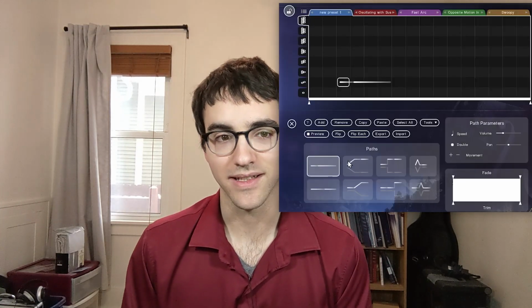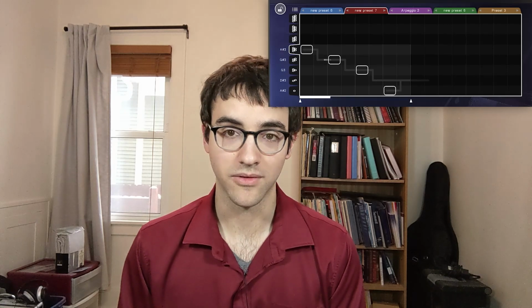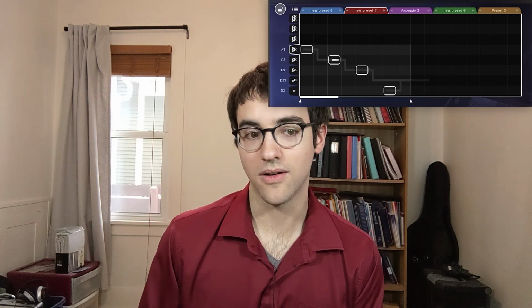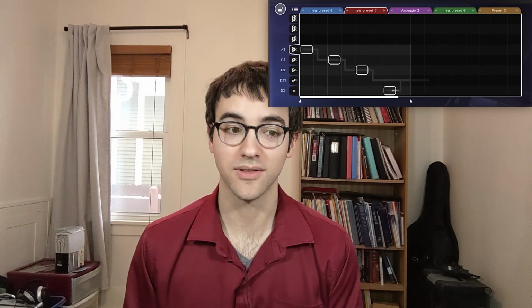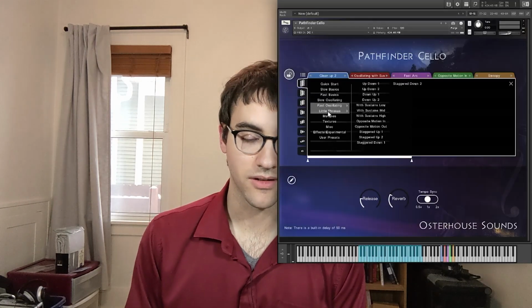You can arrange these paths into a grid in order to create melodies, ostinatos, and plenty of other interesting things. Because all of the two-note phrases were recorded at every interval, you can play chords and all the paths in the pattern will adapt. With the Pathfinder Cello, you can go really deep in customizing things, but there are also